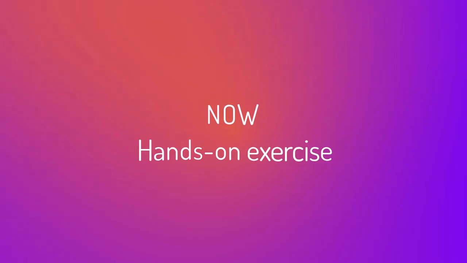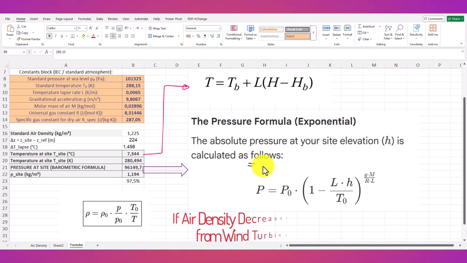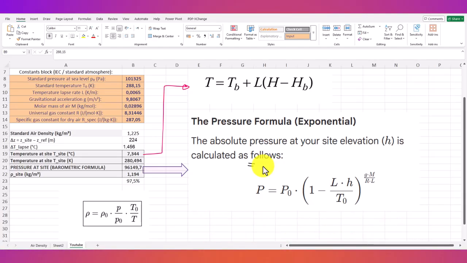This Excel sheet can introduce you to how you can calculate the air density. If air density decreases, the expected energy production also decreases. First of all, here we have the constant blocks on the left, which give us the reference atmospheric values like pressure and temperature. So the values include sea level pressure, P naught,